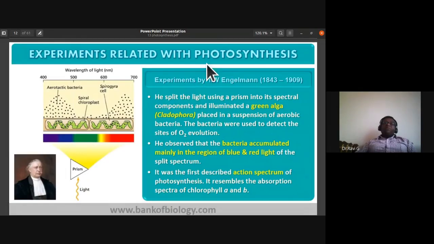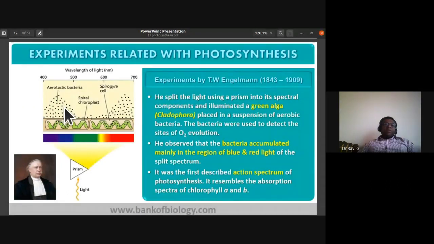So then, one more experiment related to photosynthesis was by T.W. Engelmann. So this person is Engelmann, 1843 to 1909. This person performed certain experiments related to photosynthesis. He split the light using a prism